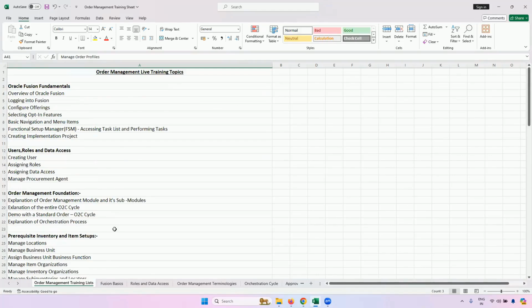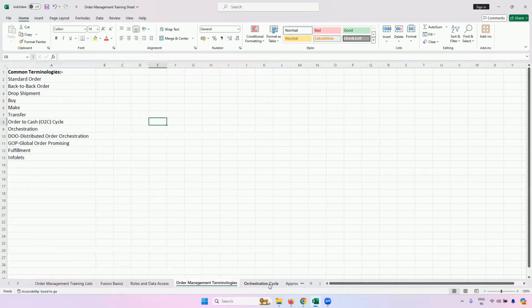So for tomorrow, in a nutshell, what's the time now? Yeah, we have almost reached the end of the time. So obviously, to maintain the momentum, I will be showing you the entire O2C cycle tomorrow, just the demo as of now, so that you have a glimpse of what you're getting into. And I will also explain the orchestration process and the O2C cycle.